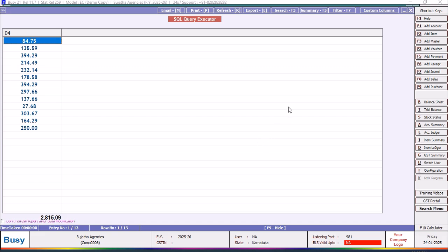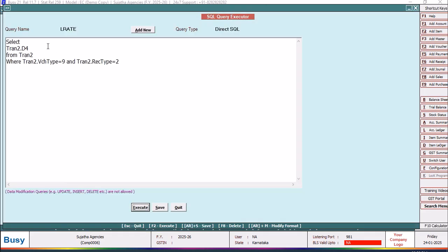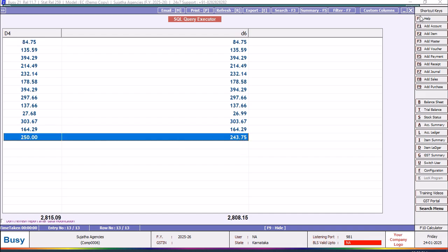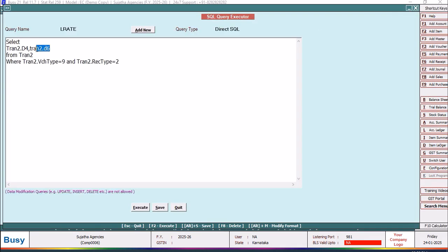This is the list rate as you have mentioned in the item masters, and that is coming over there, and then that is tran2.d6, that is the price. See, you can see the difference. Now I'm going to remove that tran2.d6,